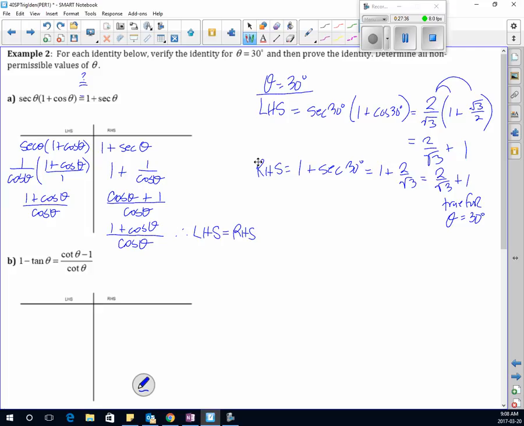Cos theta. There's a bunch of denominators where cos theta occurs. So that means cos theta cannot equal 0, which means theta cannot equal, where is cos theta equal to 0? Then 90 and 270. So how do I write that in degrees? So 90